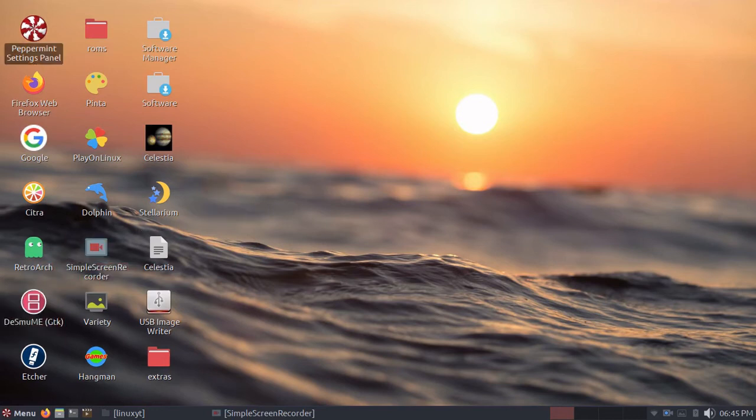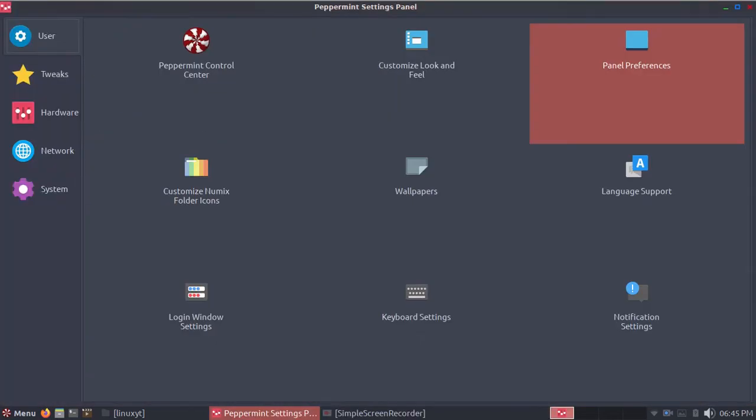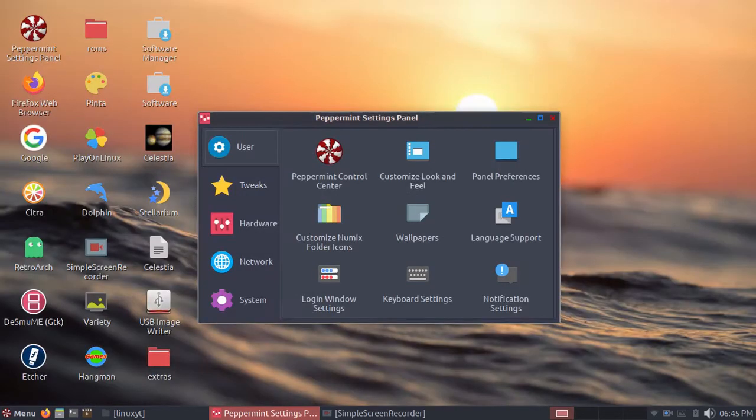Okay, so as I was saying, I was going to show you how to customize all this. You can see here it says Peppermint Settings Panel. That's where you can do most of it. There we go. Make it bigger. Nope, maybe not. That's too spacious, but you can see here we got a lot of other things such as